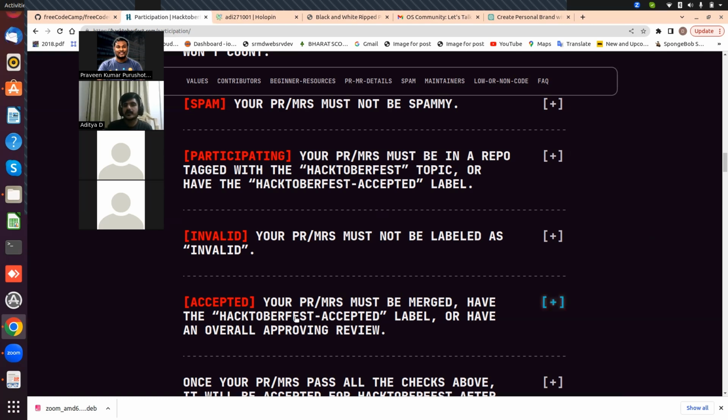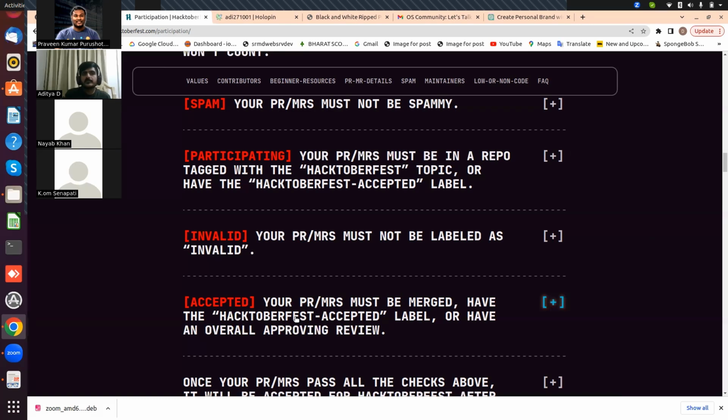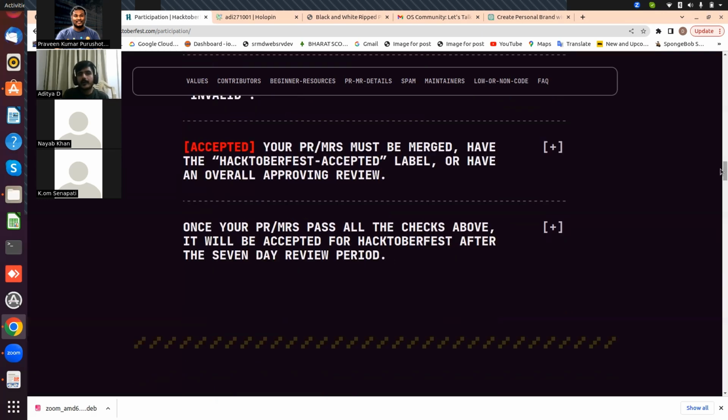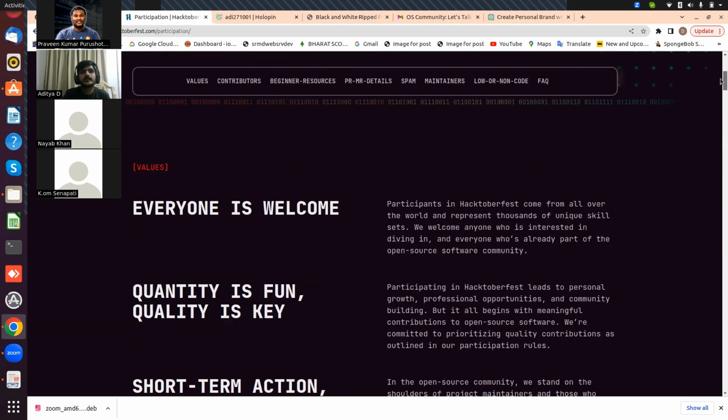Accepted. The repository is accepted, that is, your pull request is accepted and it is accepted by Hacktoberfest as well. They take around 1 week to validate all this. After all these checks, it will be accepted for Hacktoberfest, as they have given a 1 week review period. So they'll review all this, whether it's satisfying or not. So now basically,